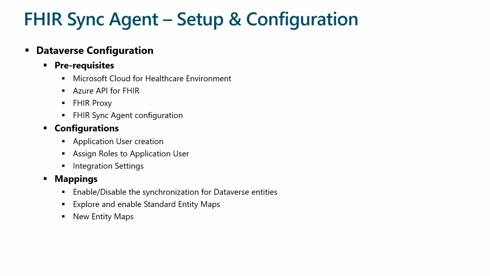After installing the FHIR Sync Agent, the next step is to do the configuration on the Dataverse side. In order for this to happen, we need a Cloud for Healthcare environment, Azure API for FHIR, FHIR proxy, and FHIR Sync Agent installed and configured. In terms of the configurations, we need application user creation, assign roles to the application user, and